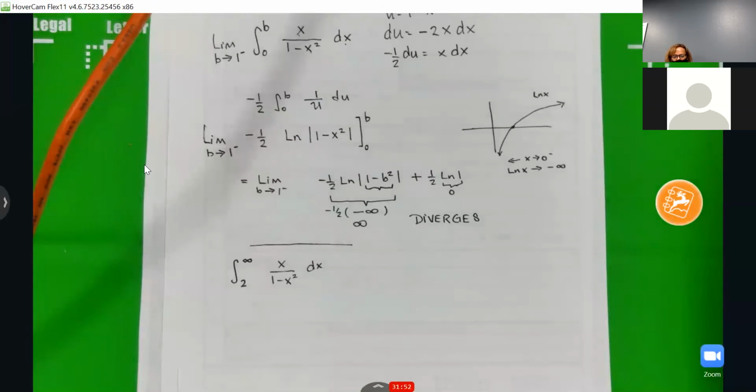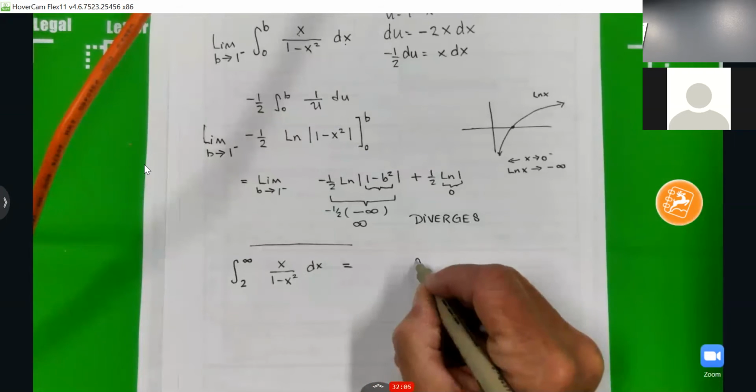So now I don't have to worry about dividing by 0. I cut out the 1. I'm going from 2 to infinity, so it's the infinity symbol on top that makes it improper. Once we do this little change here,